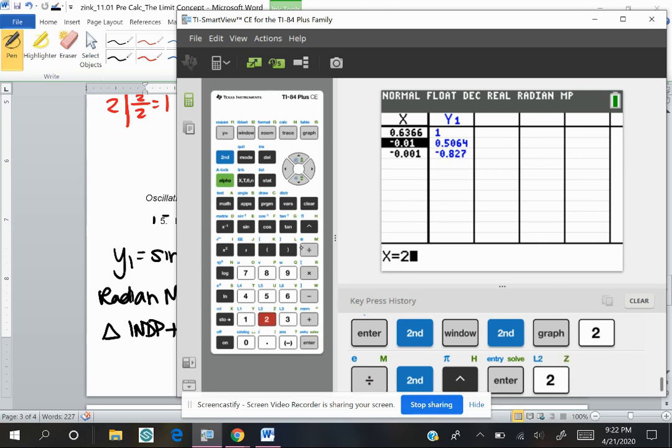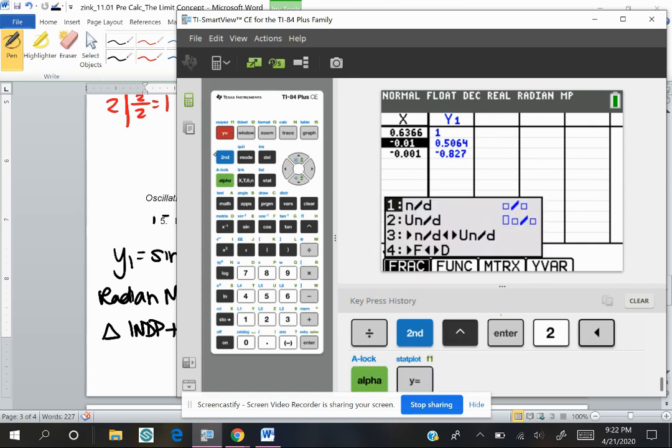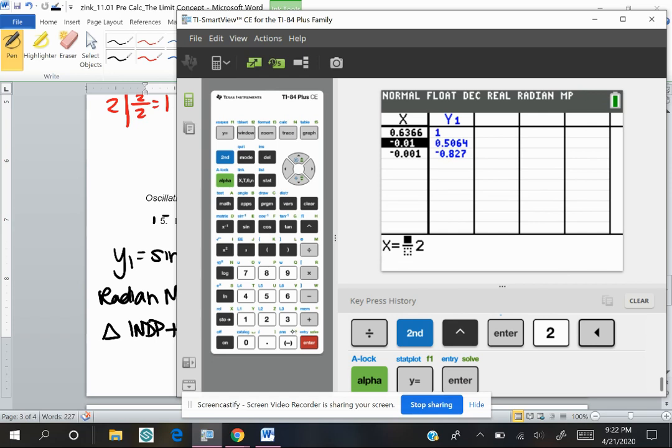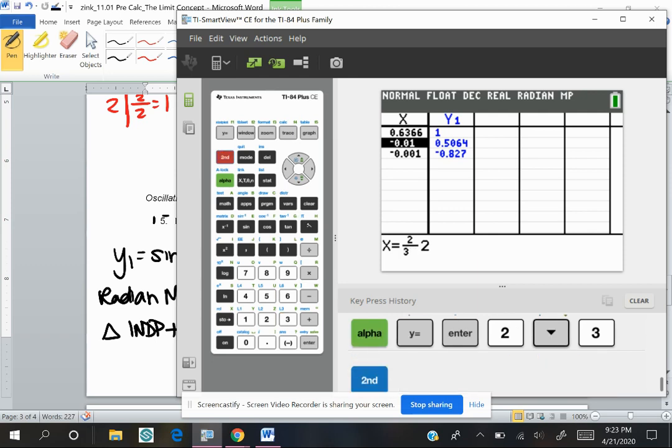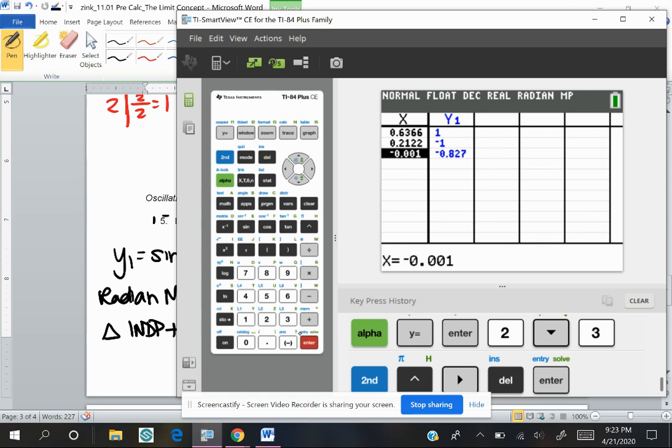Now be really careful here. I don't think it lets you do alpha y. Oh, it does. So I would do that if you have these newer calculators. If not, I'll show you what to do on the next one. So for the next one, if you don't have a calculator that's letting you do alpha y equals at home right now,